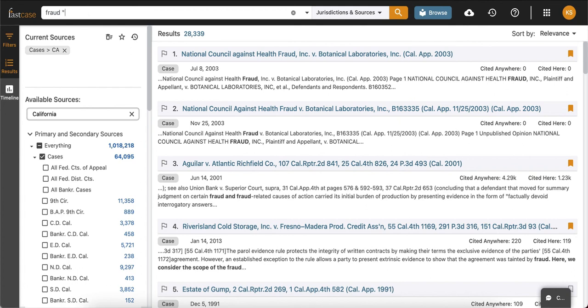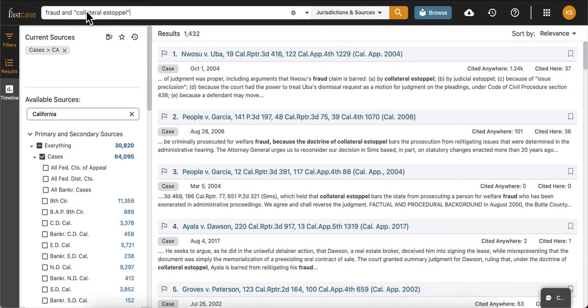So to do a sort of search within functionality, I would just come up here to the top, and to the right of my existing search query, I would just add my phrase collateral estoppel. I press enter, and so I entered collateral estoppel up top. The system has automatically converted this into fraud and collateral estoppel without me having to type the word and. And now I have